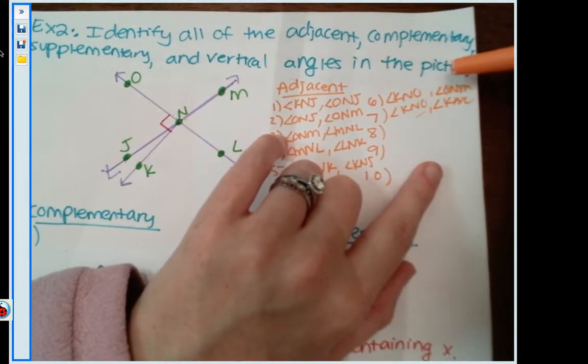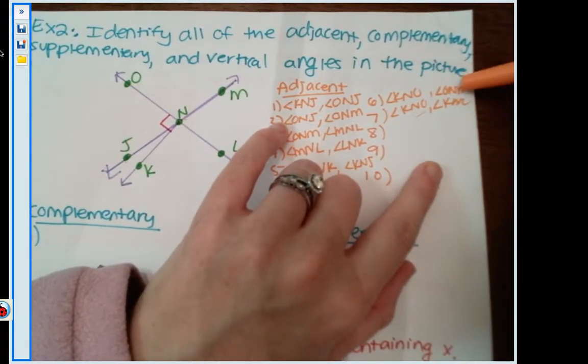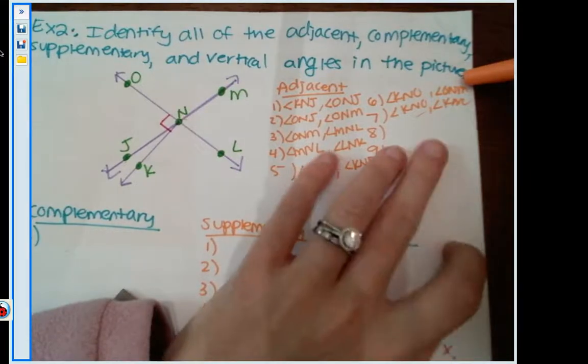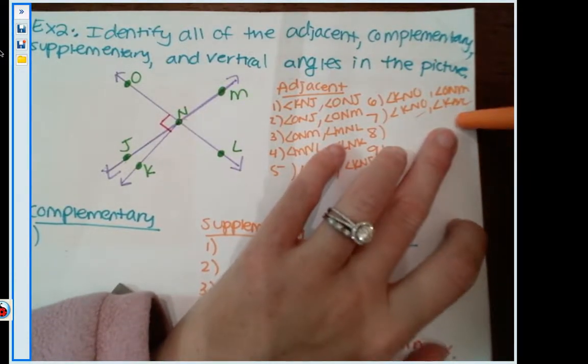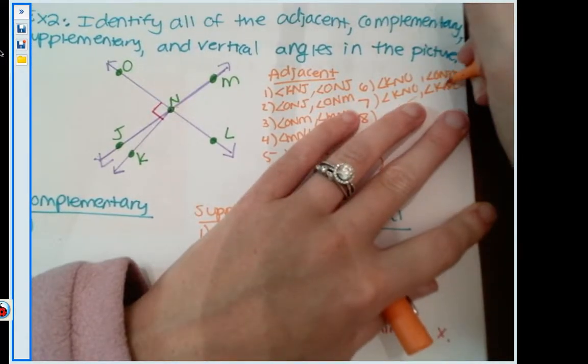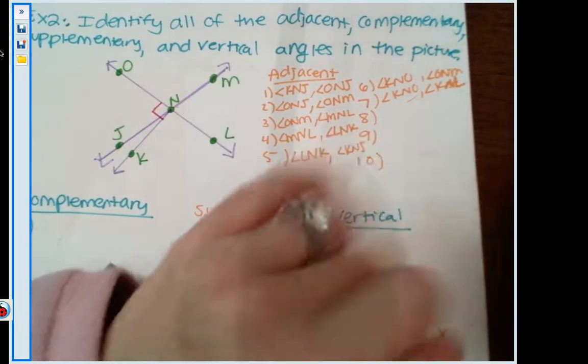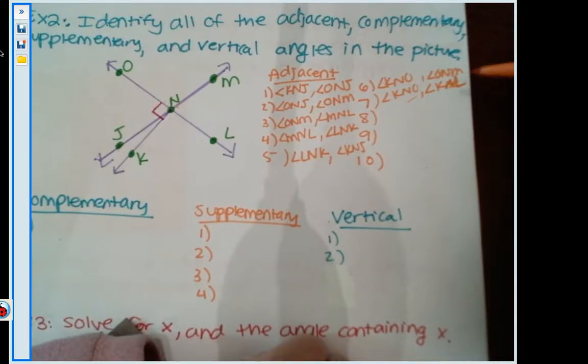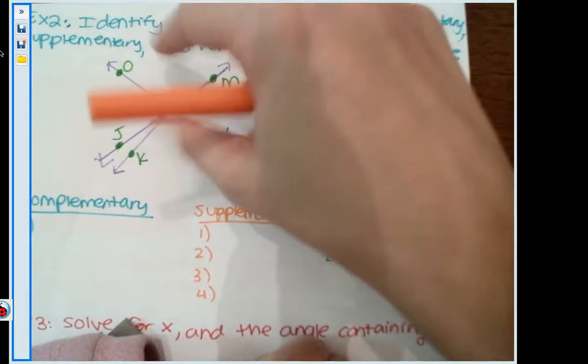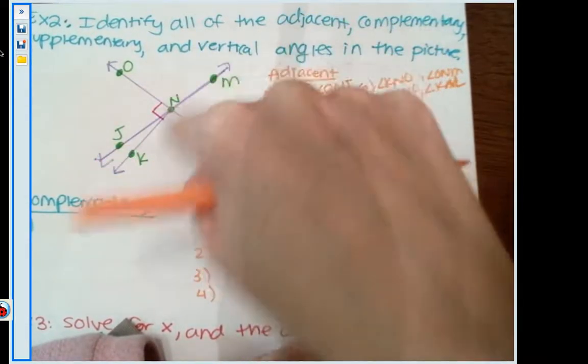Although K and O is adjacent to O and M, that does not mean O and M is adjacent to K and L. And that says K and L. I know it's a little sloppy. K and L. Alright, K and L. That's what that says. Alright. Okay, but O and M is not adjacent to K and L because they're not right next to each other. They're kind of across from each other, but